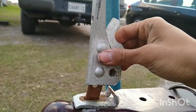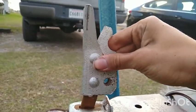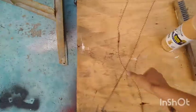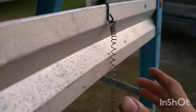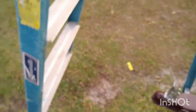And how am I going to hold this in place up here like that? Let me show you. Just grab your spring or whatever you got. If you have a rubber band, or a chain with some hooks or something, use that. Use whatever you have. So just hook it on like that. And